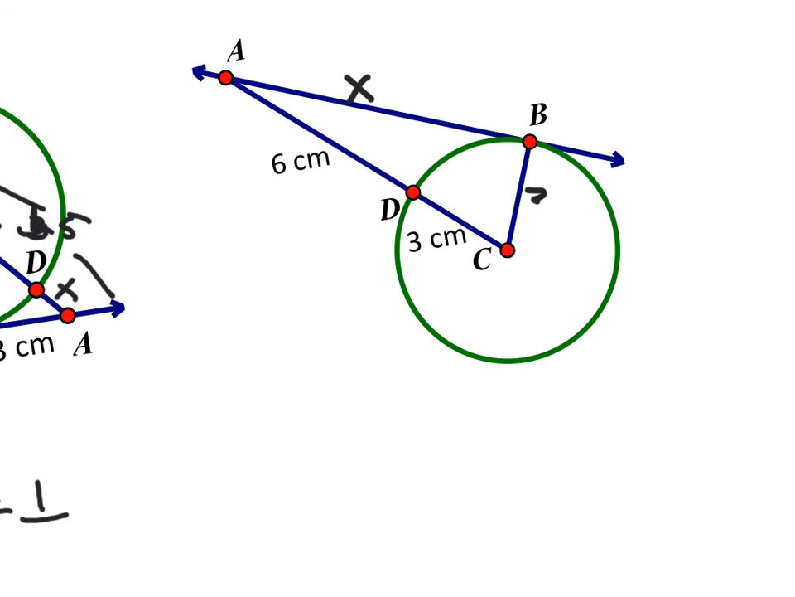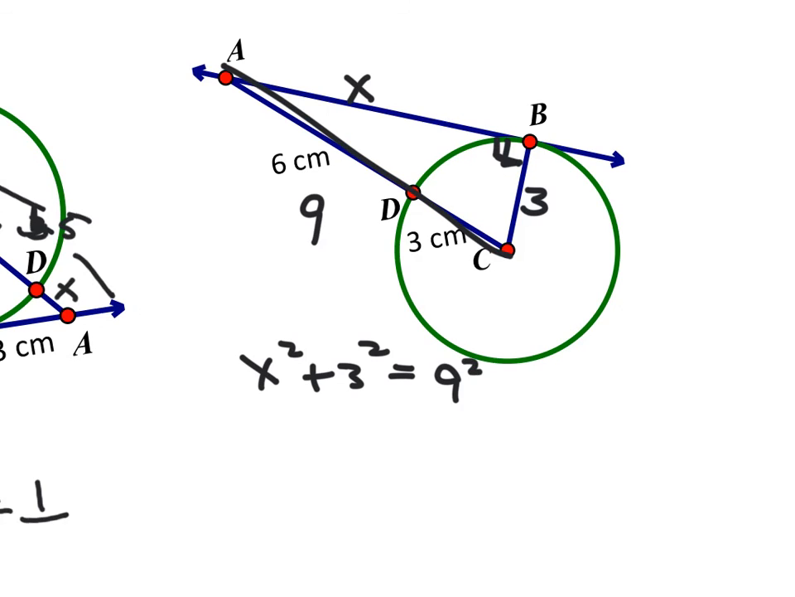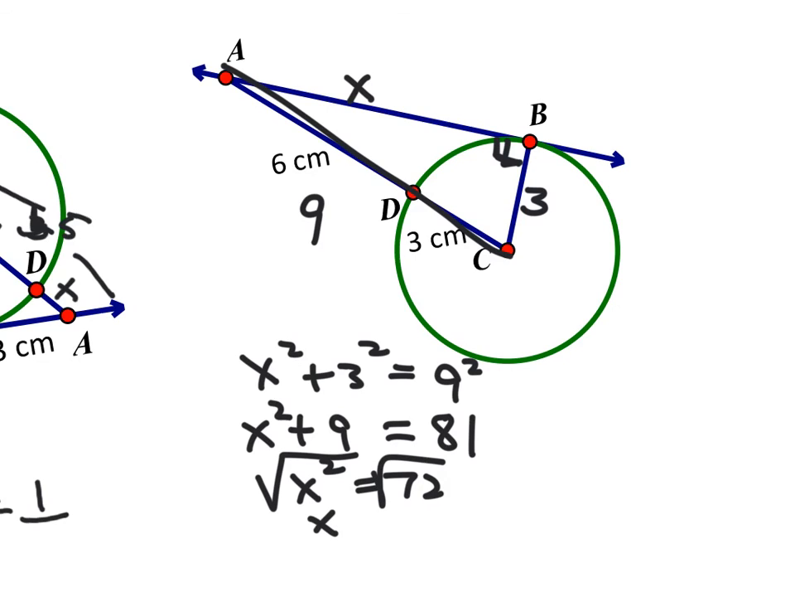Finally, marking up this distance, we're looking for the AB distance here. The radius is 3. So it looks like we just have a Pythagorean theorem problem here. X squared plus 3 squared is that whole hypotenuse, which is 9. So that's 9 squared. So x squared plus 9 is 81. Take away 9, so x squared is 72. So square rooting both sides, x is equal to 8.49. So that's our answer. That's the distance from A to B